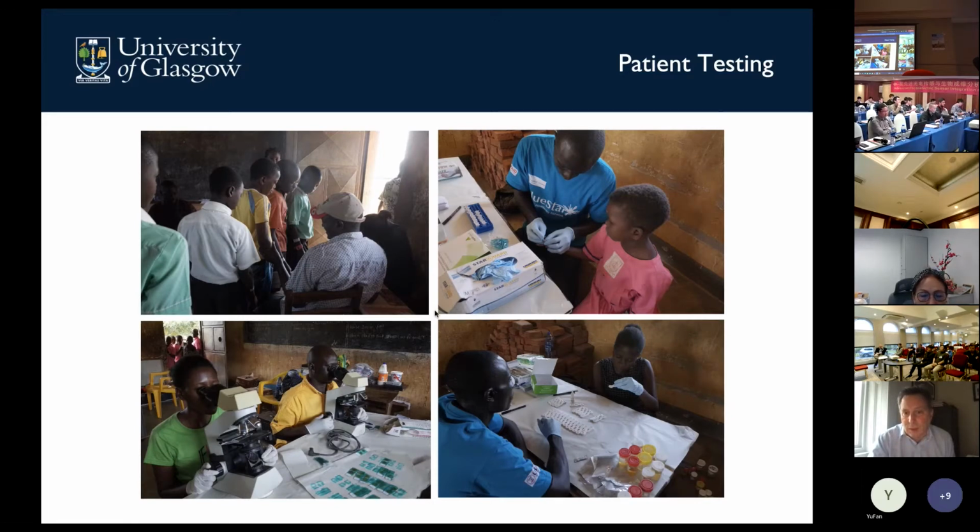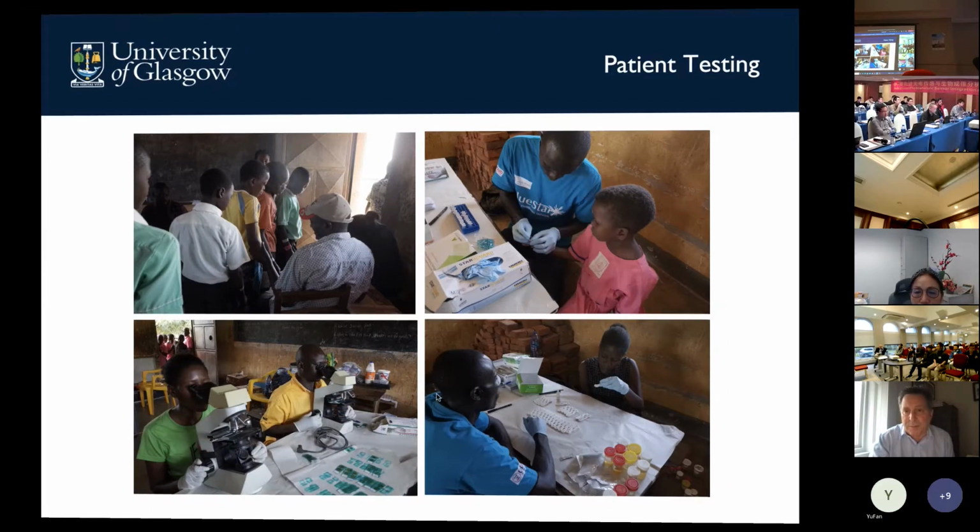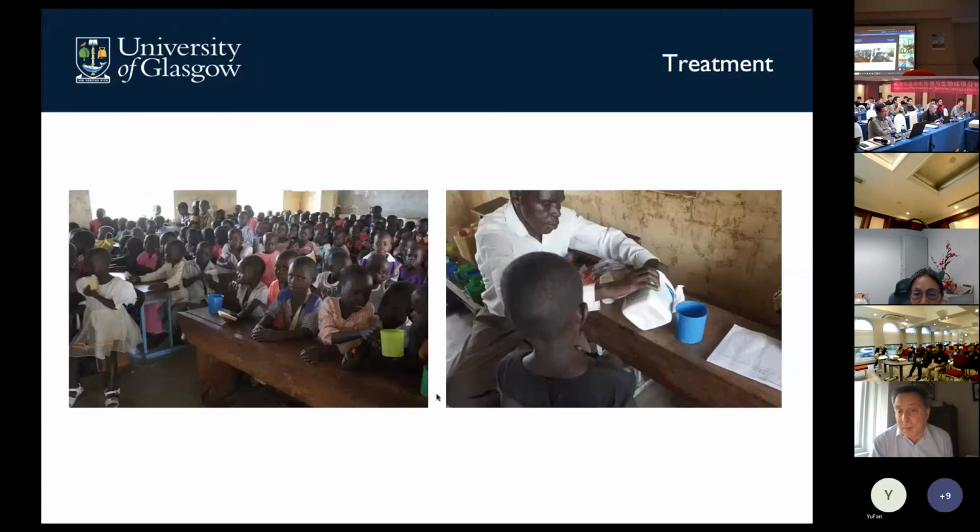So you can see a blood finger prick being taken from this young girl here, but we also actually take fecal and urine samples, and these are the children actually going out with little jars to take those samples. And we do a whole series of reference testing as well. And then the aim is that we're able to develop these diagnostics which enable us to do treatment in situ,